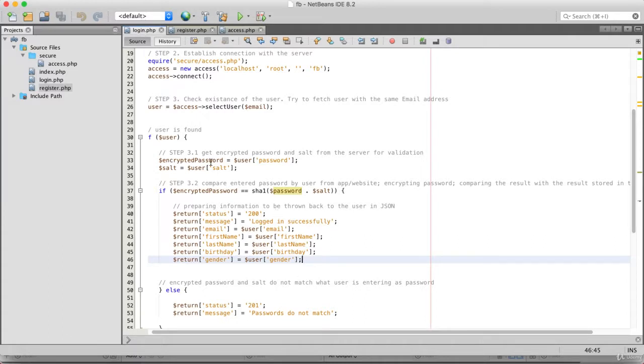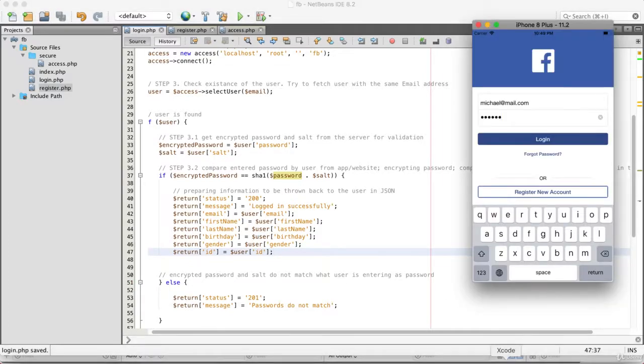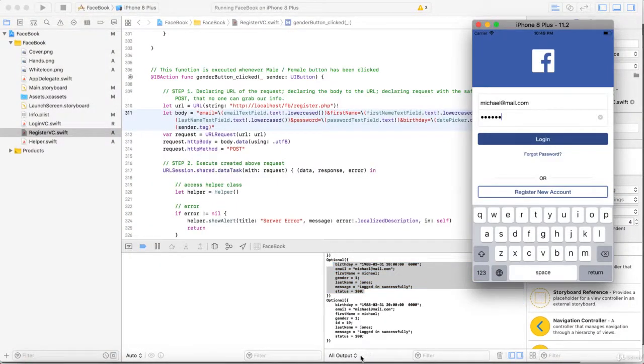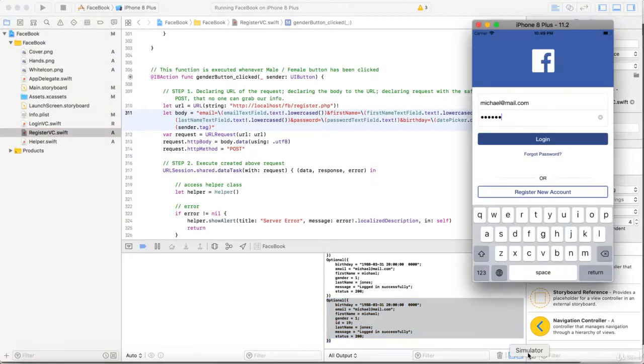So I'm coming back to the login view controller. Here we must return the ID. Return square brackets quotation marks ID equals to user square brackets quotation marks ID. Okay, excellent. I'll save it, and I will try just to click login. And now it returns the ID, which in my case is 19. Super, guys. Outstanding result and excellent performance, guys. Congratulations. We have done it, and we could do it, and we've achieved